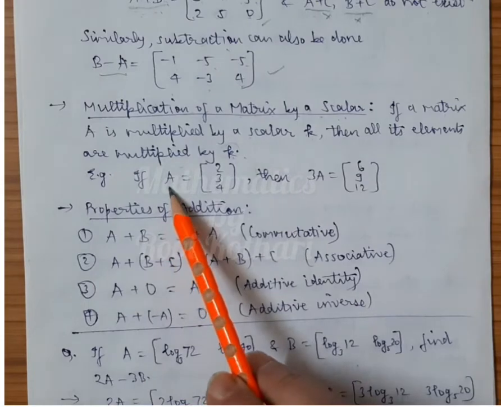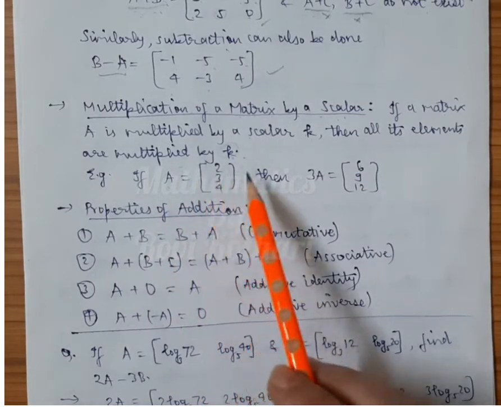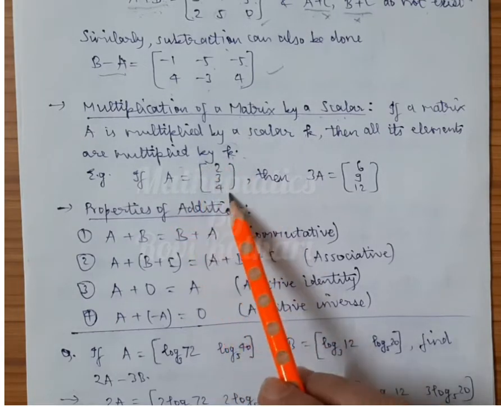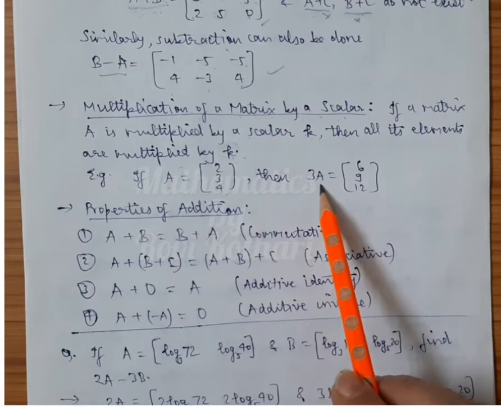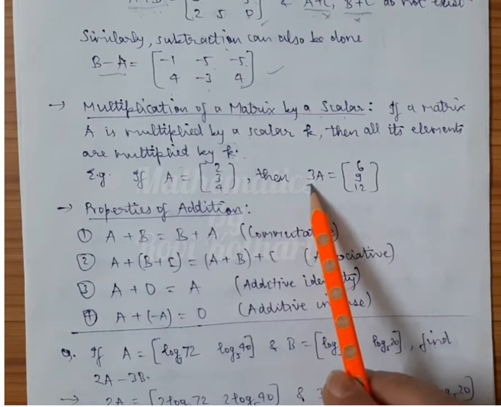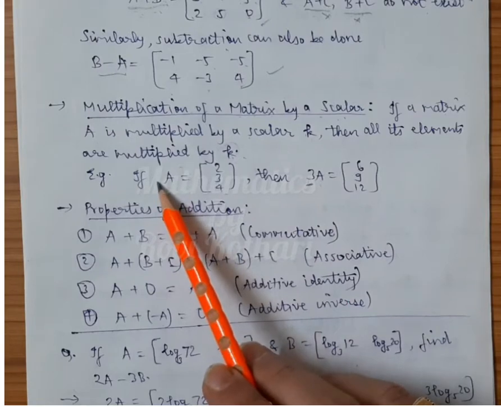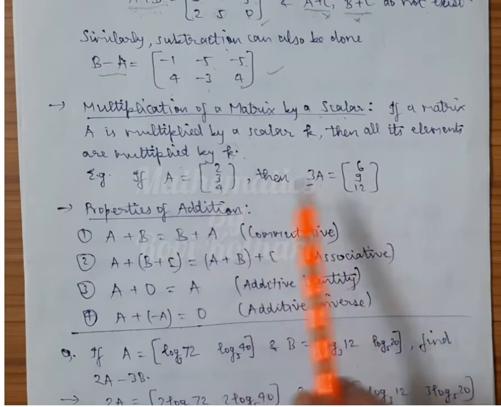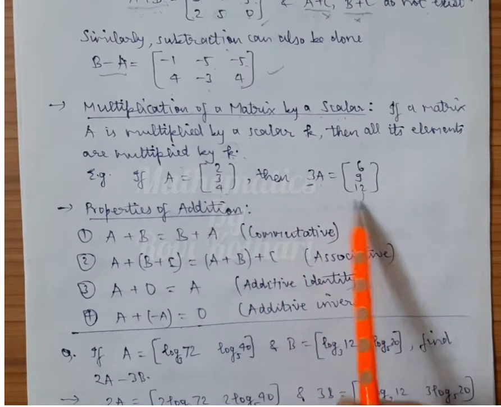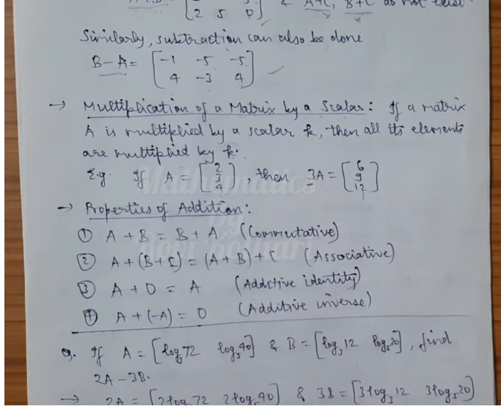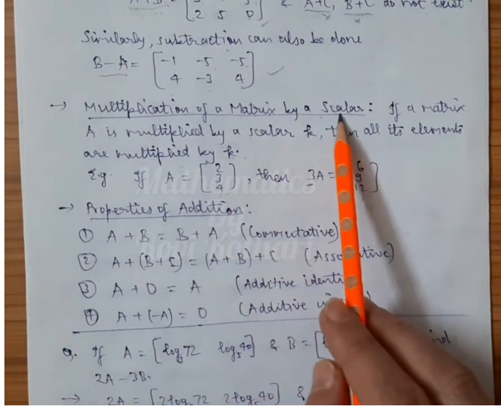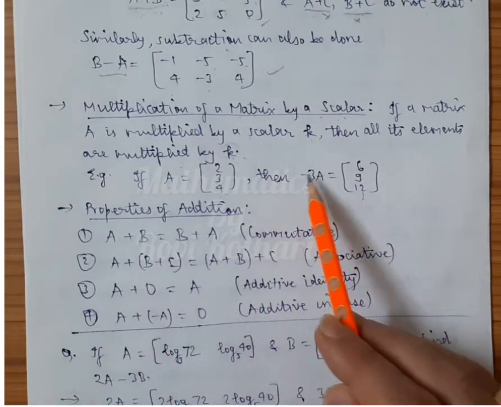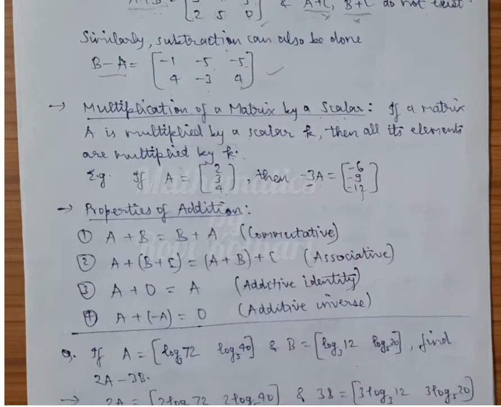For example, if I take A as, what is it? Is it a row matrix or a column matrix? It's a column matrix because it has one column. Okay. So let me take A as a column matrix 2, 3, 4. If I find out what is 3A, that means I have multiplied A by a scalar which is 3. So when I multiply a matrix by 3, all its elements will be multiplied by 3. So here 2 into 3, 6, 3 into 3, 9, 4 into 3, 12. So all the elements have been multiplied by this particular scalar. That is what we do when we multiply it by a scalar. Now scalar may be positive, scalar may be negative. For example, this would have been minus 3A also. So if it was minus 3A, I would have written a minus here, minus here, minus here. This would have been my answer there.